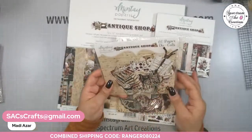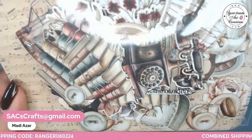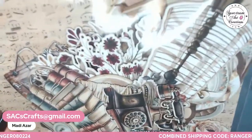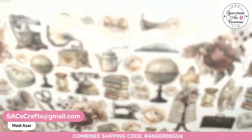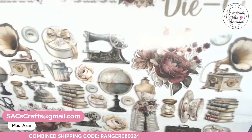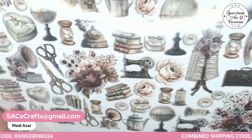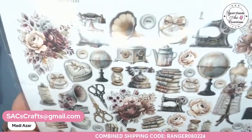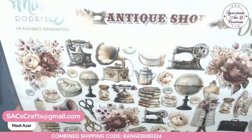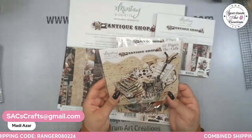There's that, and then you've got your paper die cuts, and you've got buttons and clocks and dress forms and books and some of the stuff that we've already seen, and then some additional ones here. I'll show you here. These are a lot smaller. Smaller than the first group that you showed us, and that's on the back of the first page, I think,